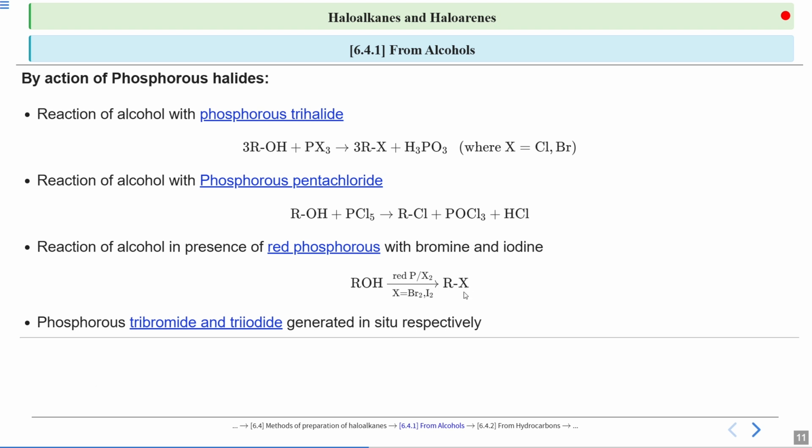And also the phosphorus tribromide and the triiodide, they are generated in situ, that means within the reaction mixture, respectively. Okay,